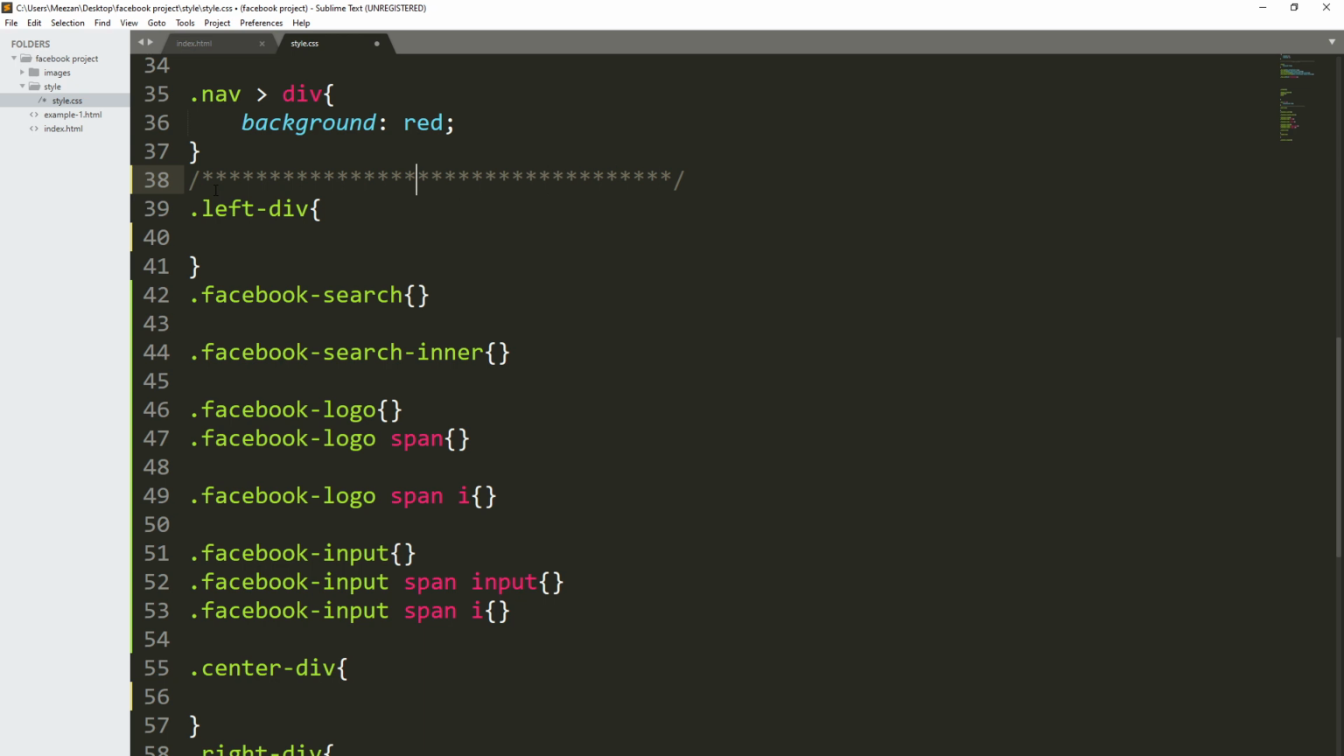So we'll say left div style here. So we'll save it, and we will copy this